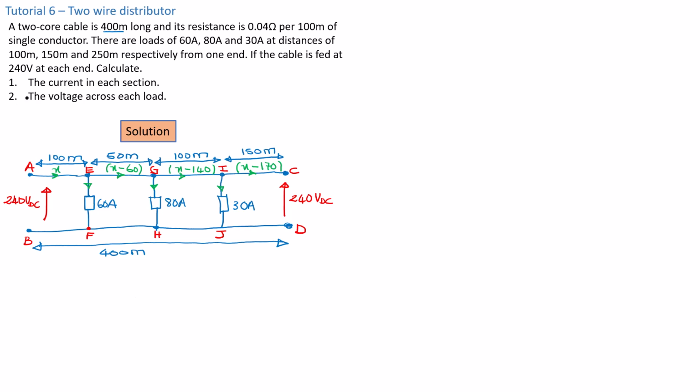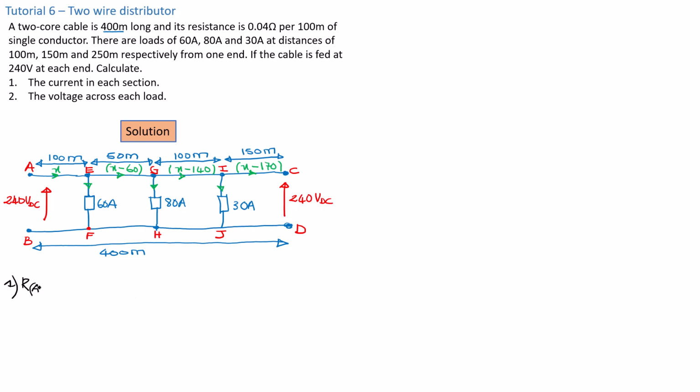Now the first question is the current in each section. So that is question number 1. But we know that we cannot find the current without knowing the resistance of the path that the current is taking. So according to our problem statement, this cable has a 0.04 ohm resistance per 100 meters. So for this section from A to E and F to B, we're going to say R